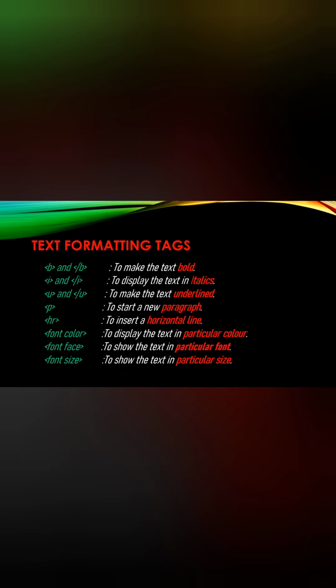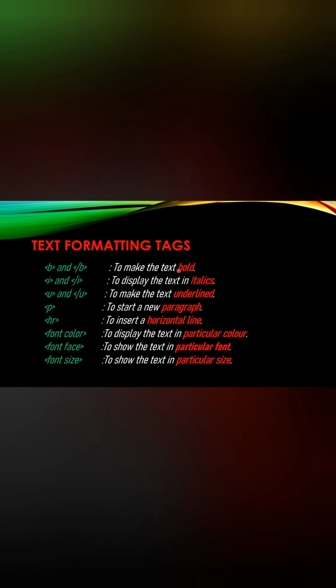So different tags can be used within the body tags for making the contents of the web page more beautiful and relevant. Okay. So first we will learn about the text formatting tags. So there are so many text formatting tags that can be used to format the text that is to be displayed on your web page. First, B pair of tags. So the text that is entering in between these two tags will be displayed as bold on your web page.